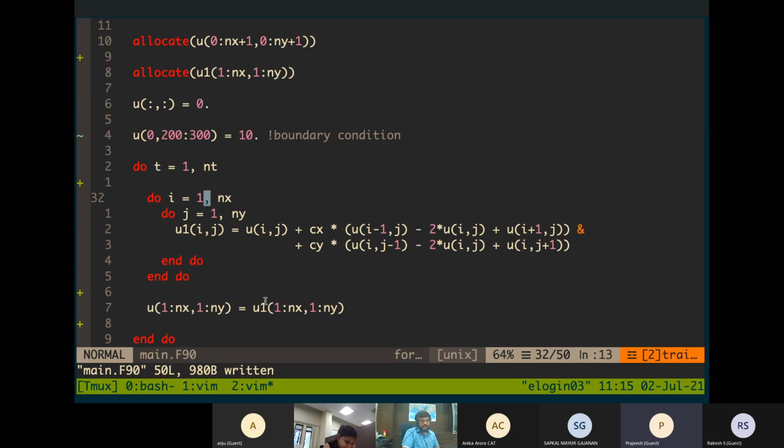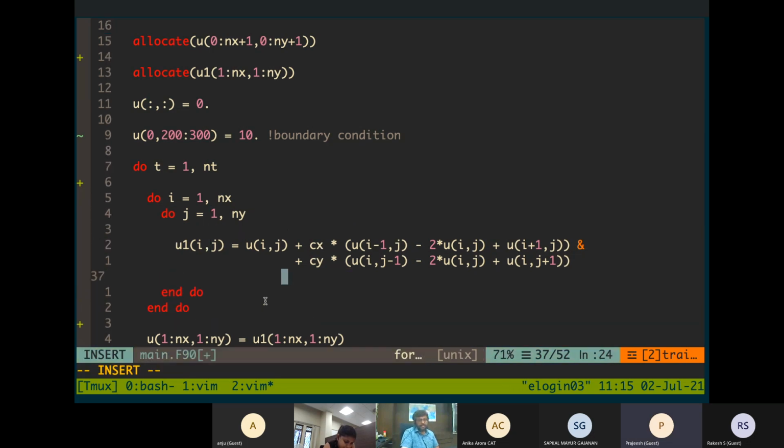If you see this particular equation, any ith and jth point depends upon i minus 1 and i plus 1, and j minus 1 and j plus 1.